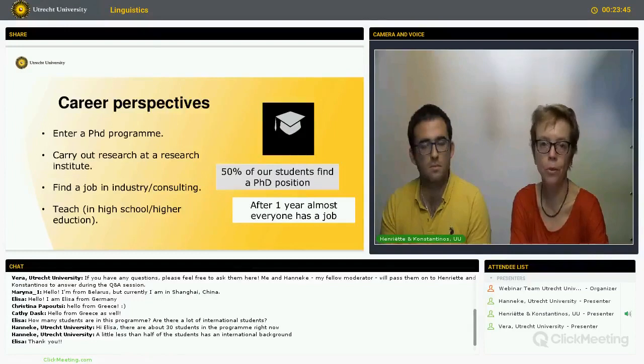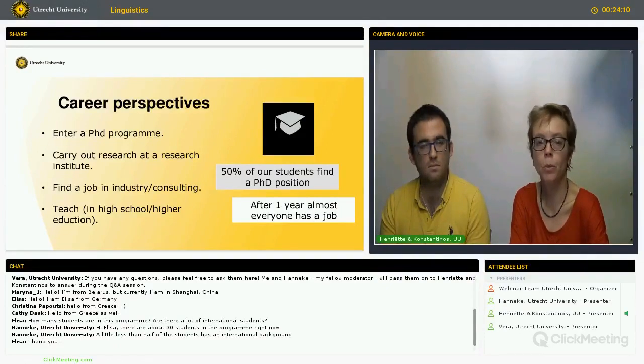Some get hooked on the computational side of our program and end up going into industry, sometimes as computational linguists or as consultants in data analysis. Other people are more interested in consulting roles in language policy or language education, or end up in communication firms, or some even have a translation bureau.